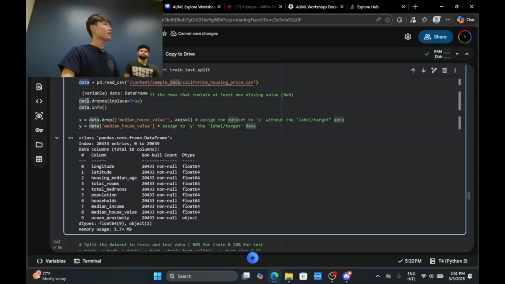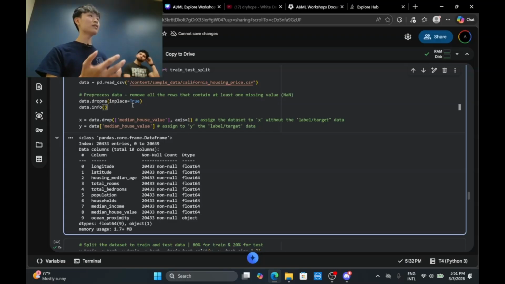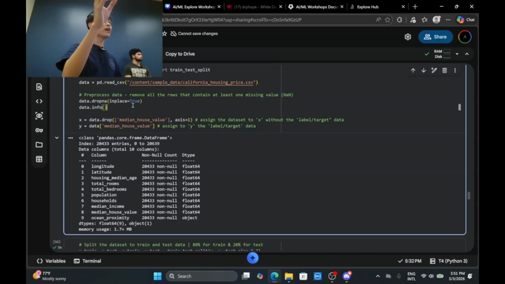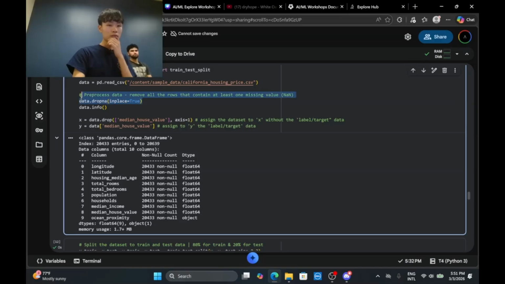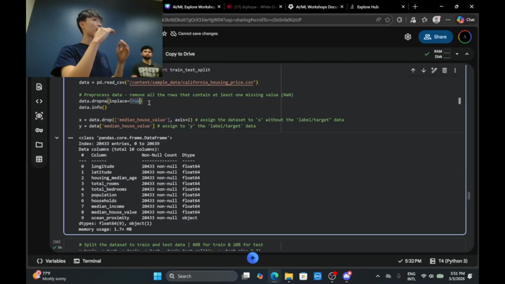After that, we come to a process, as I mentioned before, of pre-processing the data. Data is not always perfect. It has missing elements, somehow missing columns, missing rows. So I want to go ahead and look at the data, in this case a 2D array or a table, look through that table and then remove any row that has no value. This line right here uses dropna. What it does is drop all the rows that contain no data.